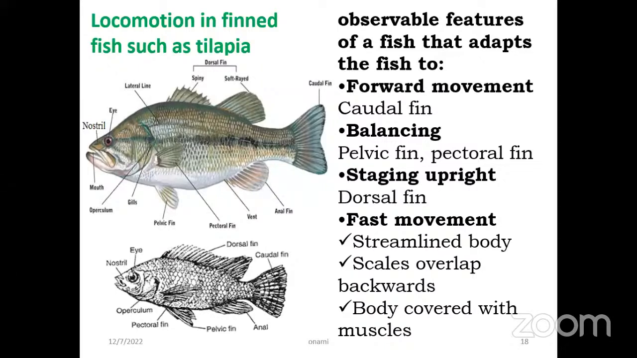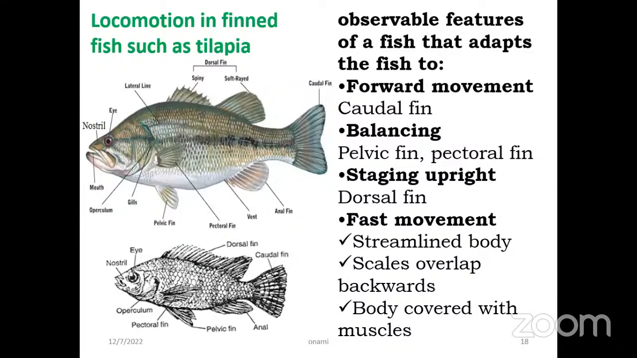If the fish wants to move up and to remain in its straight upright posture, the way it is right now, without rolling, without moving side to side, it will use the dorsal fin. The dorsal fin maintains the upright stature of the fish. If the fish wants to move fast